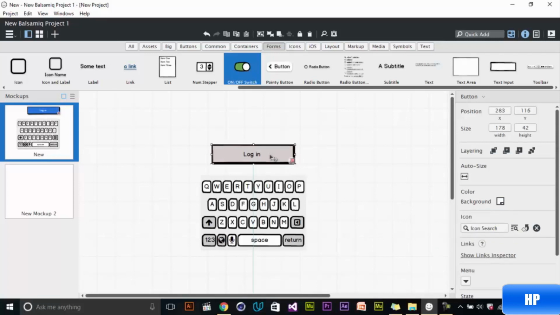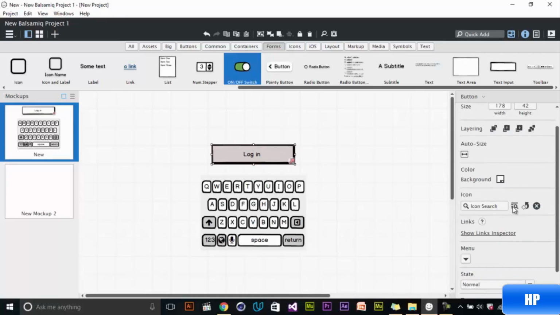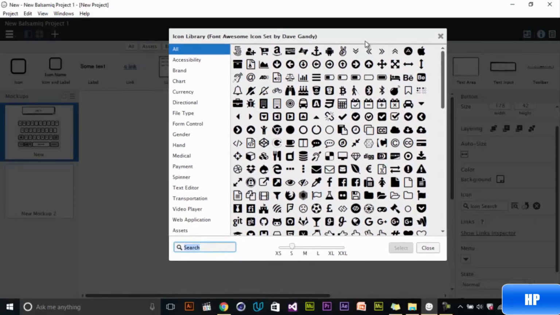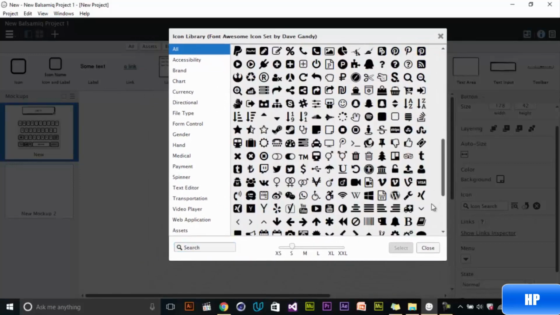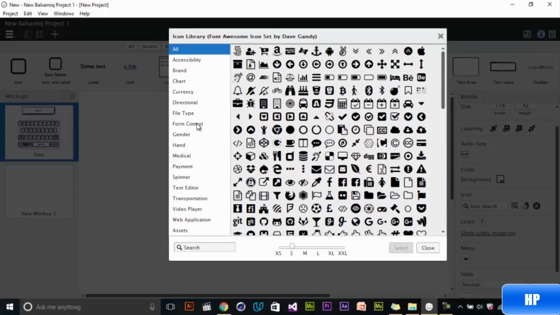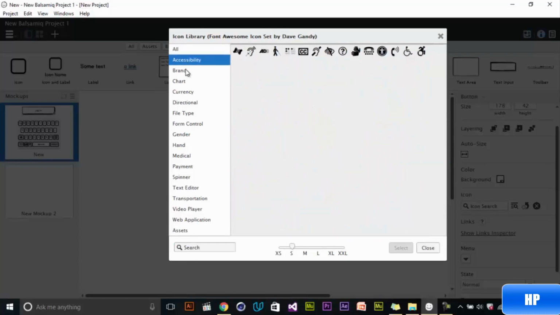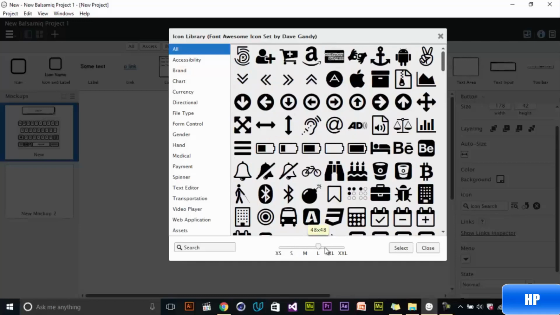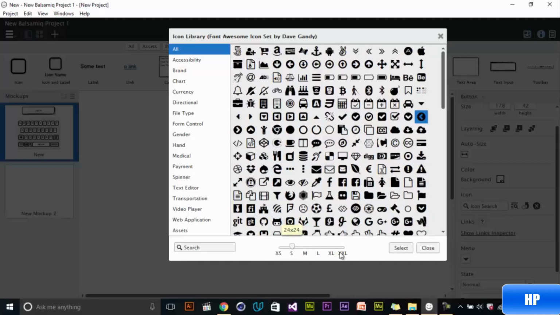For example, if I select in here, it will show me a very nice library of icons. You can find different icons according to their categories, for example, brands, charts, and etc. For example, I can just pick this kind of button. Let me find this, maybe this. Okay. Once you select, you can change the size of it: small, medium, XL, XXL, very large. For example, let's imagine I add a small. Select your size and